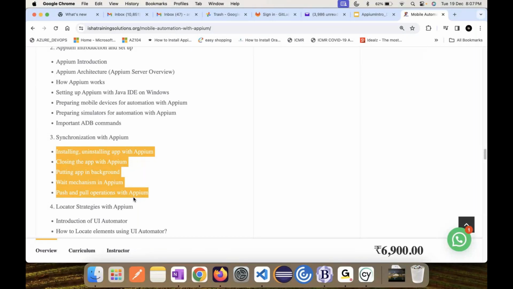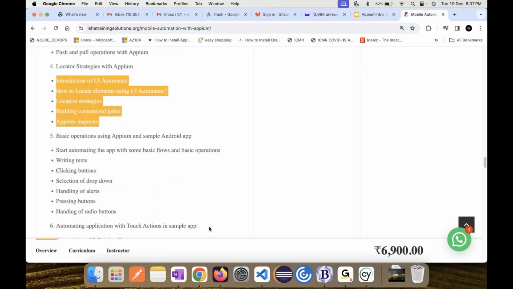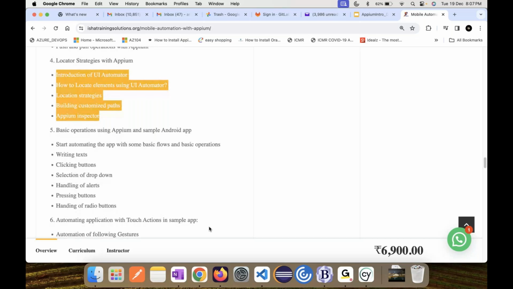And also the main thing, the locator strategies. When we talk about locator strategy, basically what type of locators we need to use and how frequently we need to use them. All these things we'll be checking. Most probably we'll be dealing with XPaths and CSS selectors. We do have some sample applications, and we can also use some real-time applications to handle it. And if you have an Android device, try to install this one,